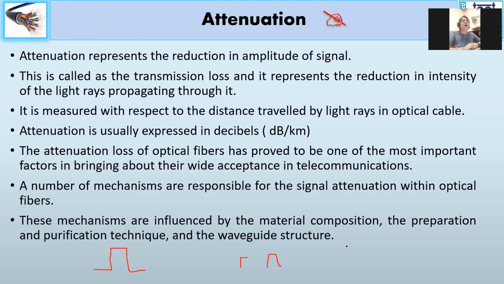But if after keeping it at 50 kilometers my signal is not reaching the destination because the power is less, I need to first calculate how much attenuation is happening for 50 kilometers, how much for 1 kilometer, and then decide the minimum sensitivity, that is, the minimum power reaching my destination. Depending on that calculation, I decide the location of my repeater to boost my signal levels and make it reach the destination in a form from which you can always retrieve the information.